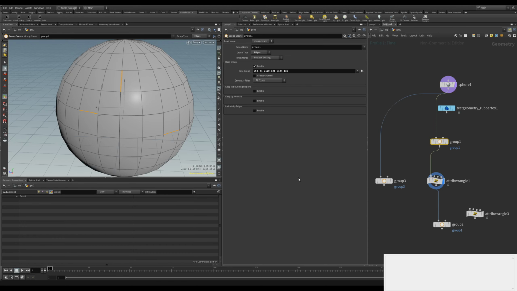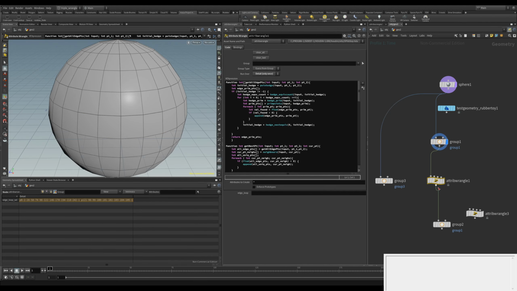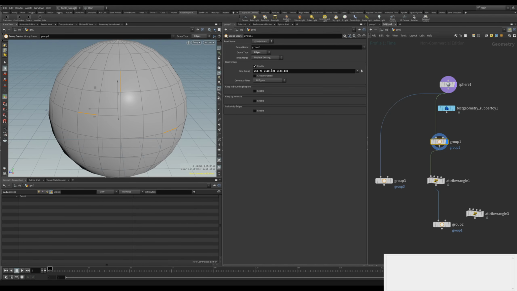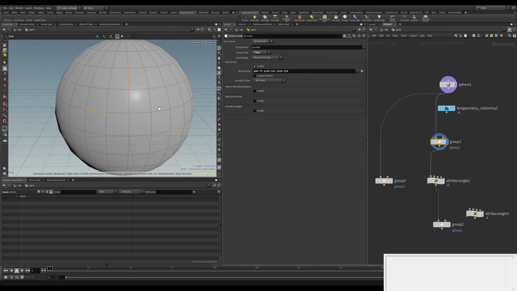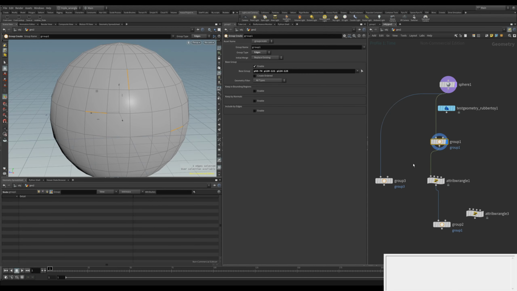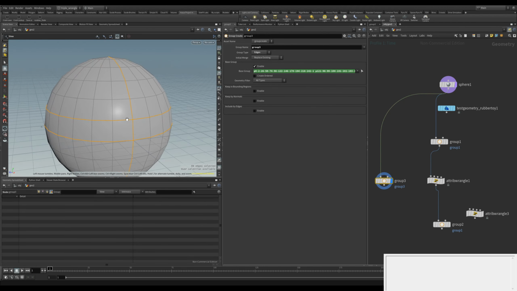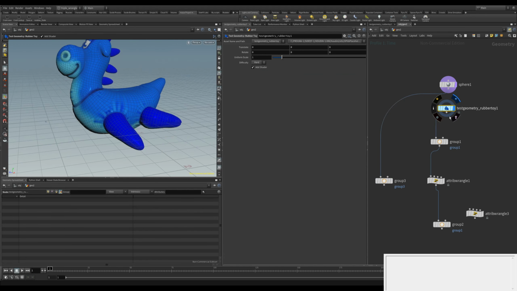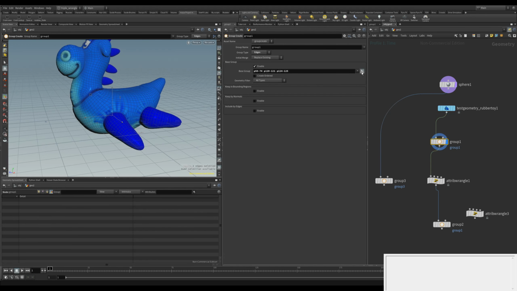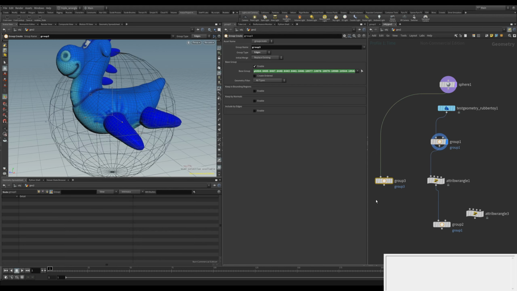In this video we will create a VEX code which is going to automatically convert a single edge selection to the edge loop selection. So at the end of it we should have something like this, a group with the 3 selection edges, and it should give us a detail attribute that we can reference, and it's going to select the edge loops of any geometry, or even something like a bigger one, even with, let's say, many points. We will basically instantly get our edge loop selection,